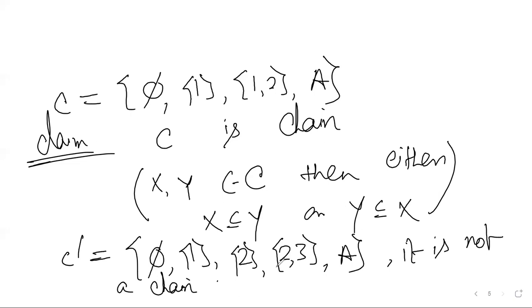I left this proof as an exercise for you, and it is very easy to see it is not a chain. Okay, fine, it is not a chain. Now the natural question is why we study this type of thing: partially ordered sets, equivalence sets, or totally ordered sets. So the first